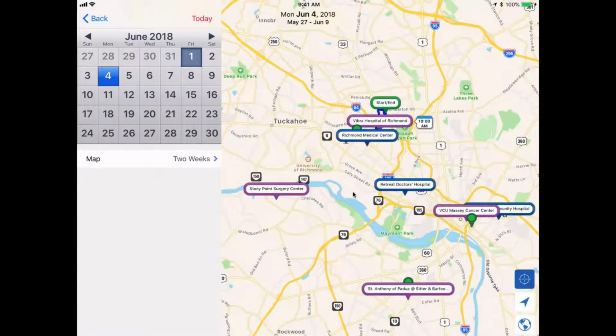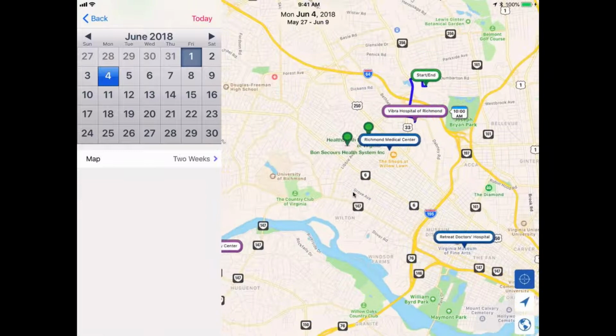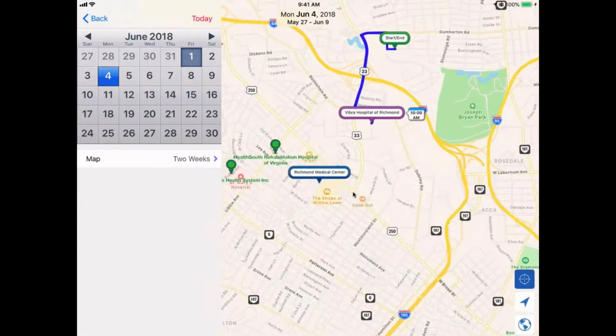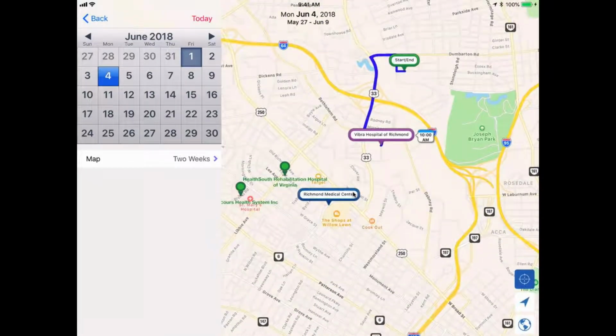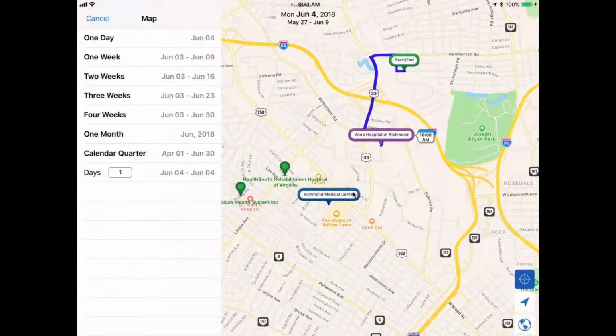And if you really want to, you can actually extend the view of the calendar to view more than one appointment. And as you can see here, we have 1 day, 1 week, all the way to a calendar quarter. You can plan that far out in advance.